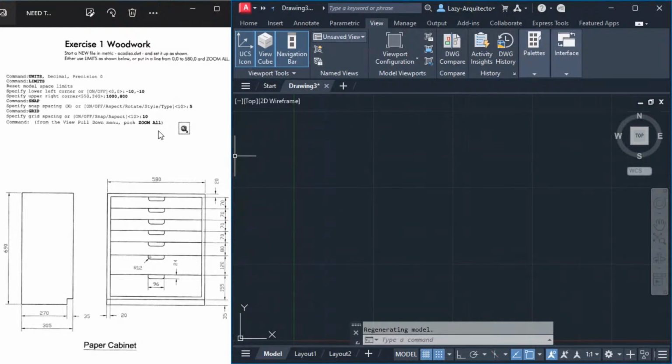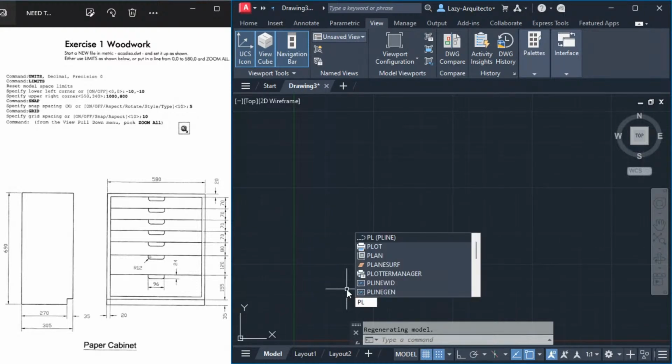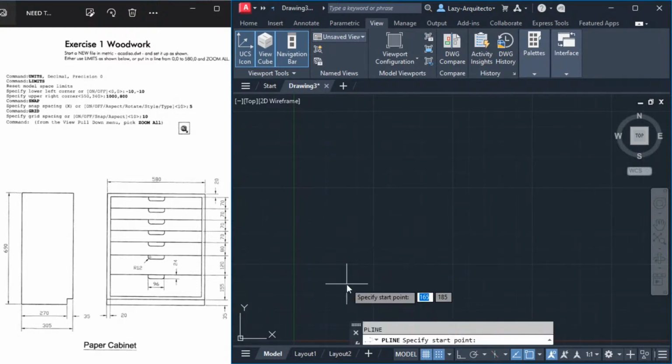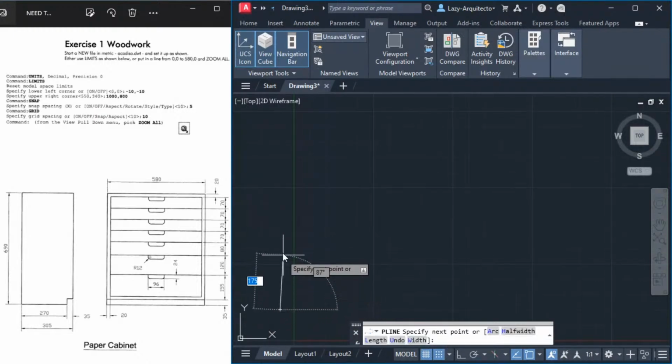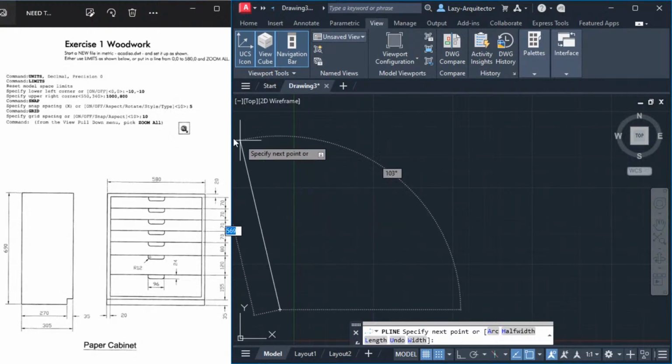Now looks like I'm ready to start drawing my geometry right here. This woodwork looks like a cabinet. Yeah, it says paper cabinet. So I'm gonna start with this side elevation, and I'm gonna use a polyline for that using the shortcut PL. So the test doesn't specify where to start, so I'm gonna start right about here in the corner. So I'm gonna click somewhere around here, and then